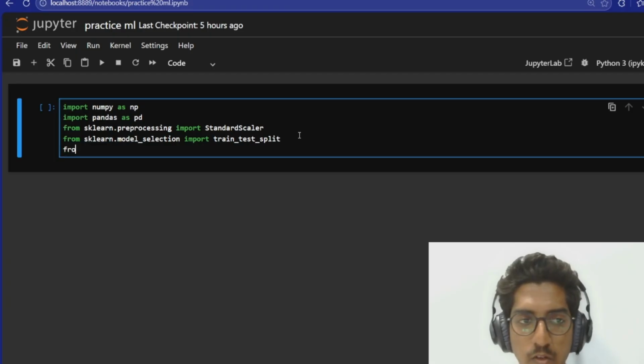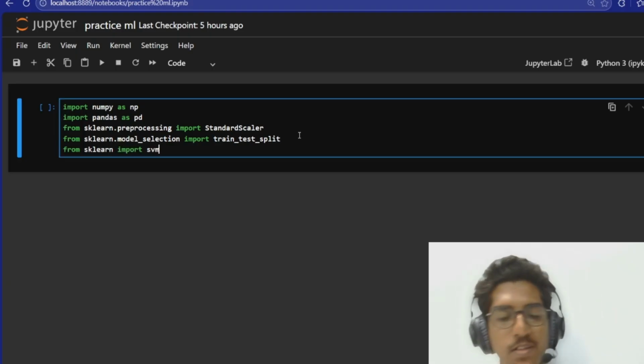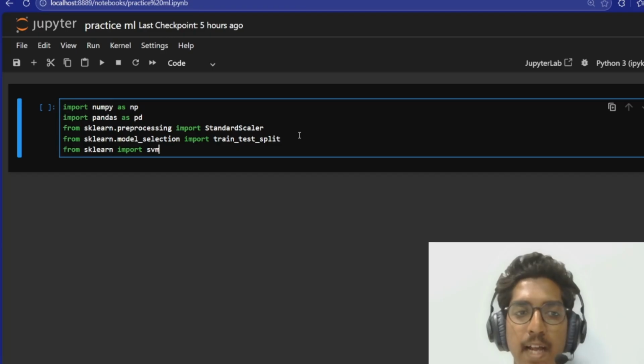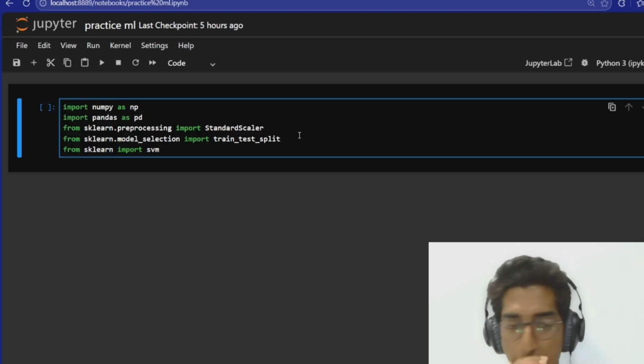So next, what we're going to import is from sklearn import svm. So basically here svm helps in the classification part, right? svm means support vector machine. So basically this algorithm helps during the classification. Okay,